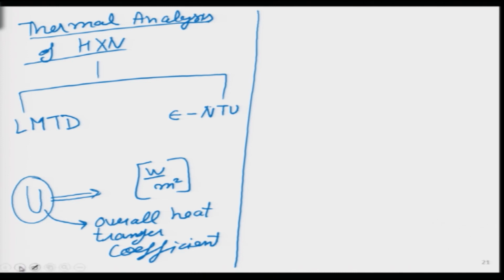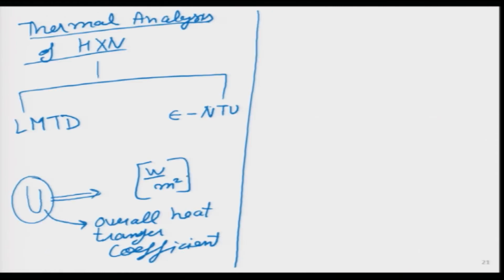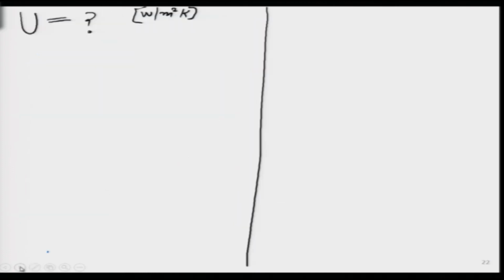So, let us look at a fresh slide over here, and what we want to look at is the concept of U. What exactly is it? In order to look at that, just remember the units over here, watts per meter square Kelvin. I think we already wrote it here. I made a mistake. It is watts per meter square per Kelvin. So, please correct it. Sorry about that. Now, let us look at the heat exchanger in more detail. Then we will be able to figure out what this U quantity is.